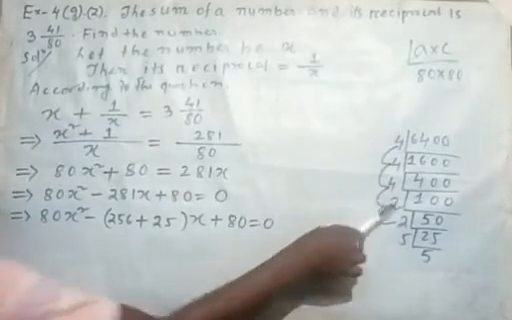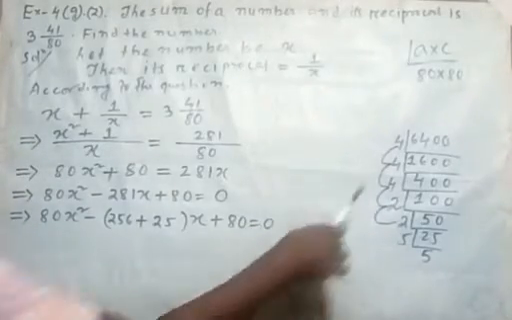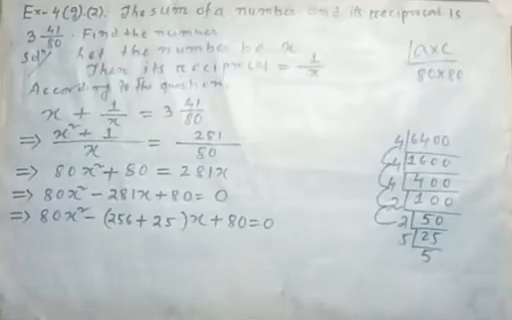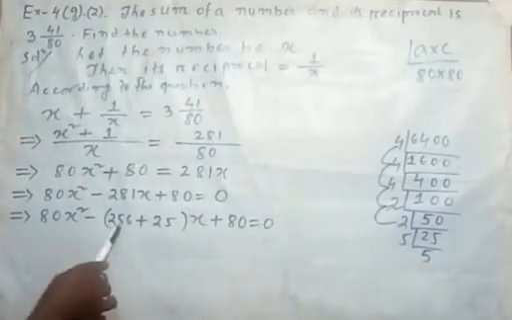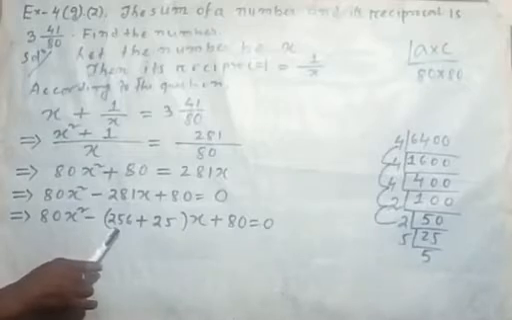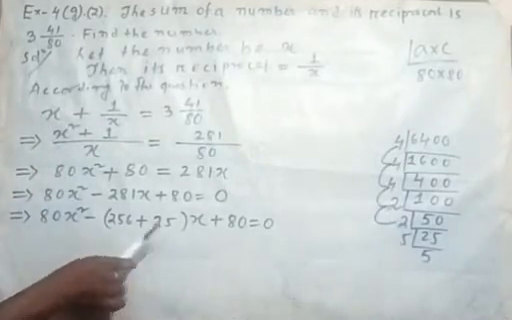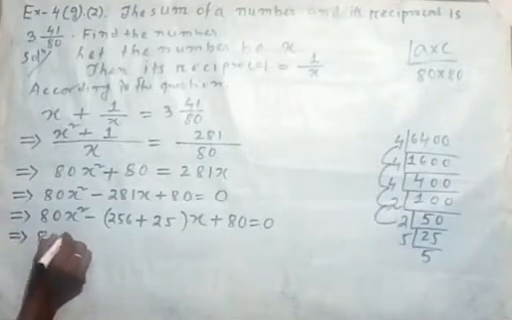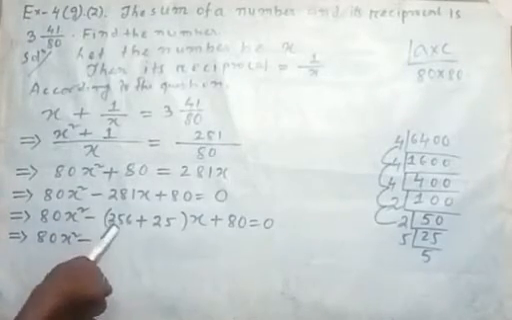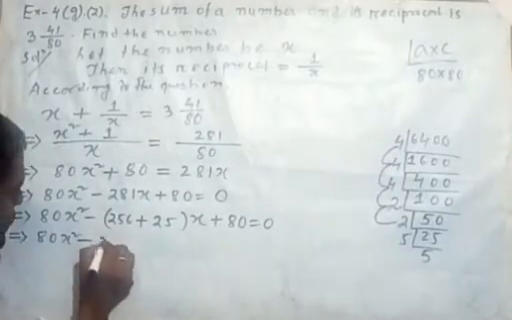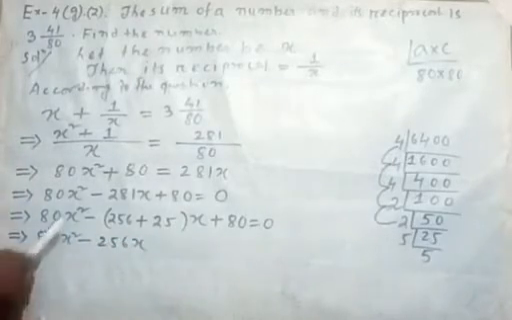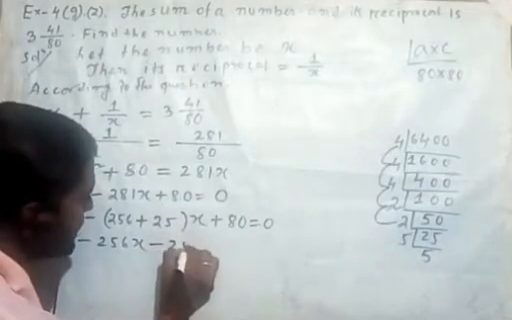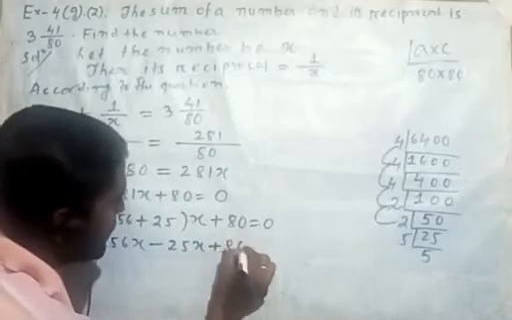2 into 2, 4. 4 into 4, 16. 16 into 4, 64. 64 into 4, 256. And 5 into 5, 25. Like that we have to do this one. So this implies 80x square minus 256 into x, then this minus and this plus, plus a minus, 25 into x, 25x plus 80 equal to